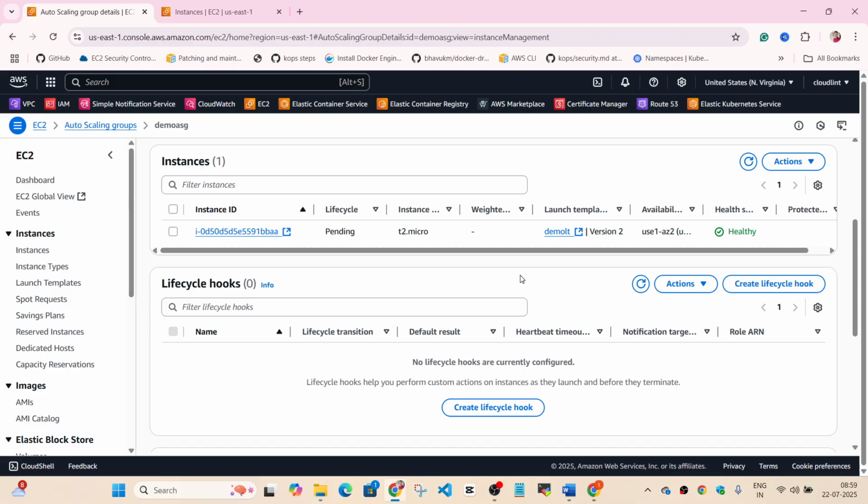One more use is if you want to capture all the logs from your EC2 instances which are part of the auto scaling group. For example, if any instance fails and terminates, you know that the auto scaling group is going to get a new one.